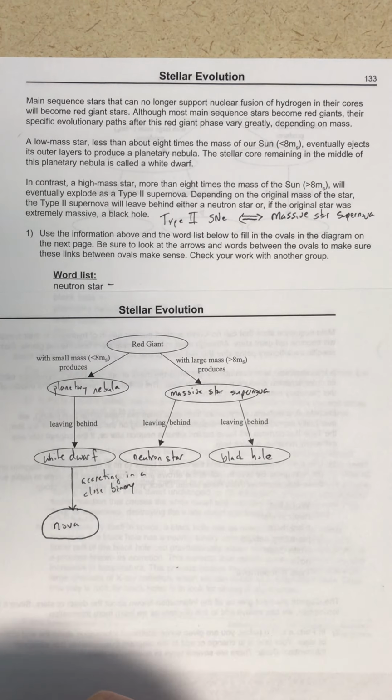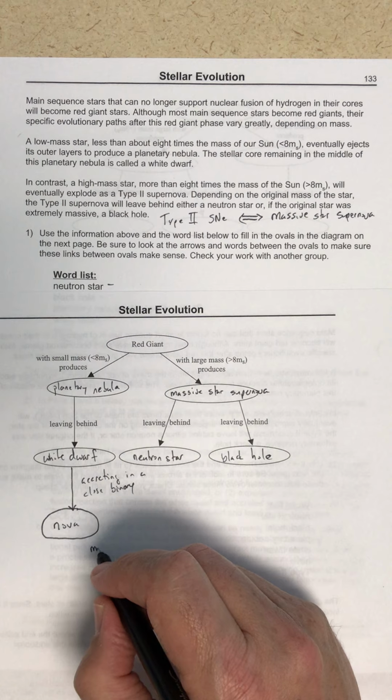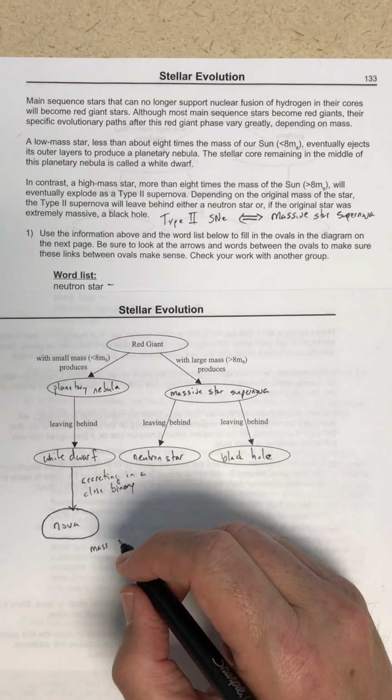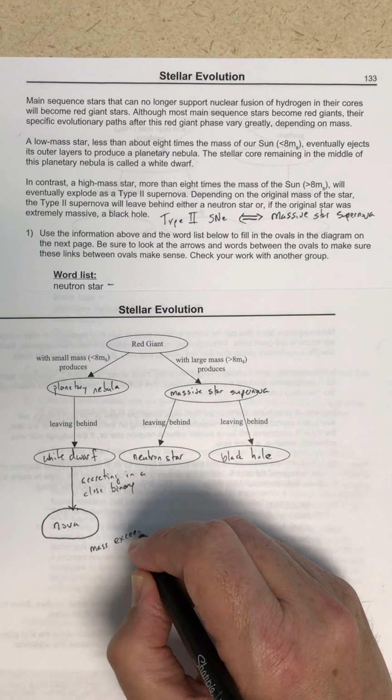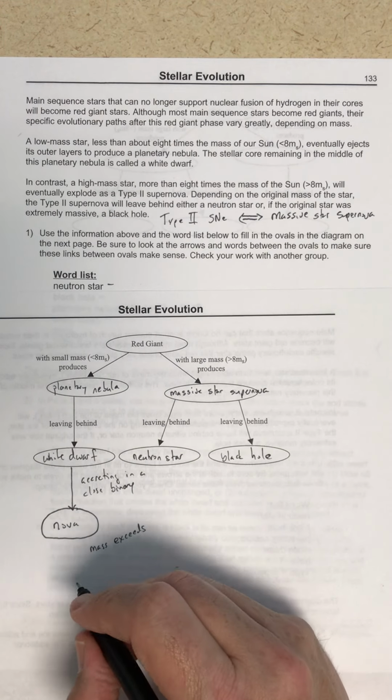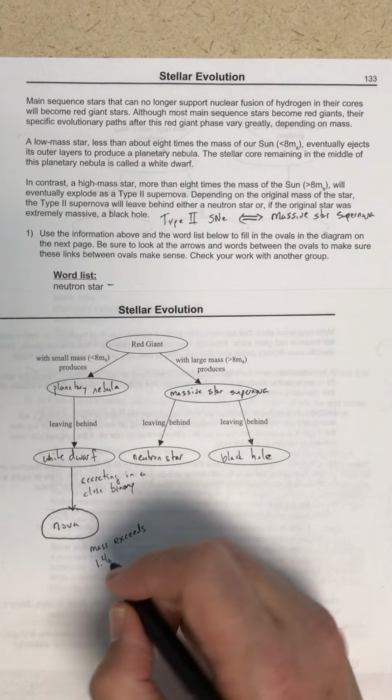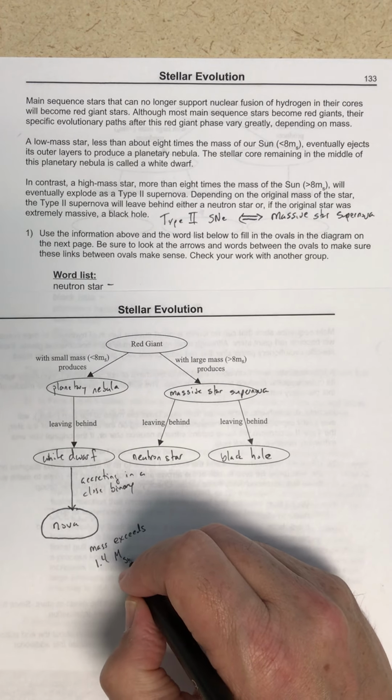And we also know if the mass of that white dwarf gets pushed beyond the stability limit, so the mass exceeds 1.4 times the mass of the Sun,